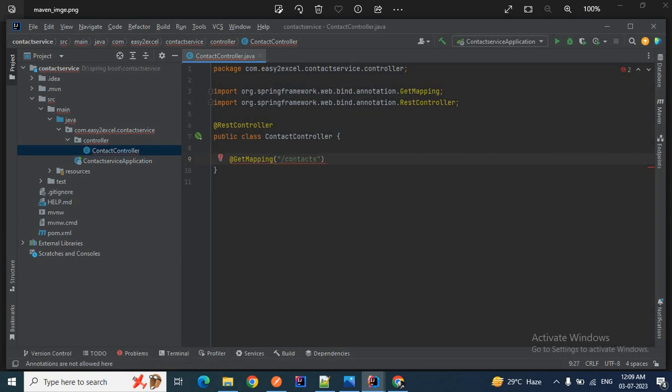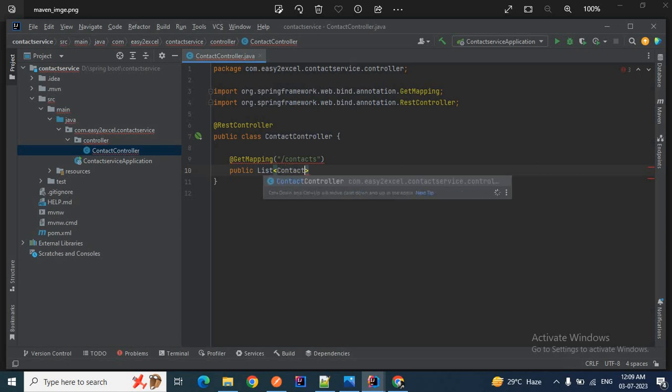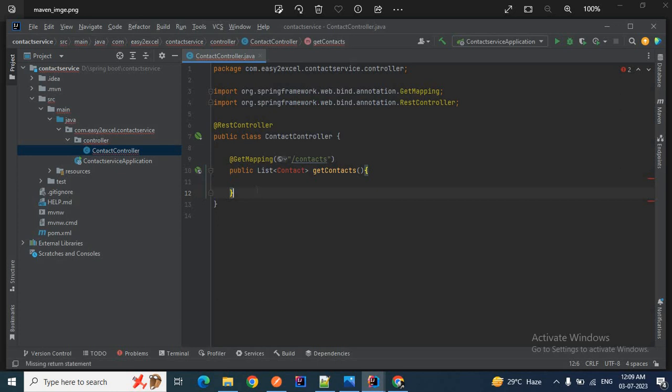Here, one is /contacts. So I'll create a method, public List of Contact, which will return me a list of contacts, getContacts. This is my first endpoint.